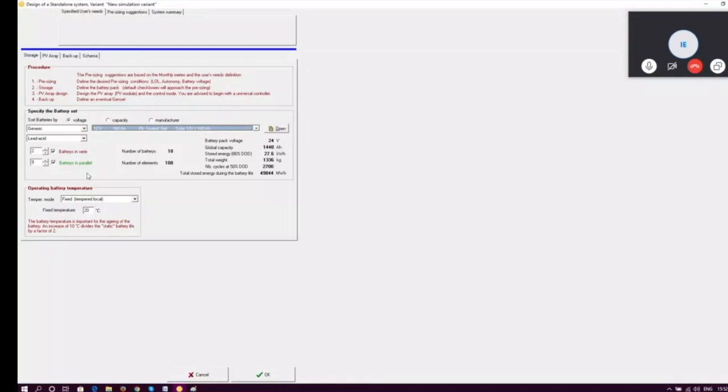From here you can also find out, on the right hand side, the weight of the battery. The total weightage of the battery is 1336. What it will do is help us determine, if you want to make a battery rack where you want to put the batteries, the structure cost it would require for the battery rack. So 1336 kgs of battery we would be using.